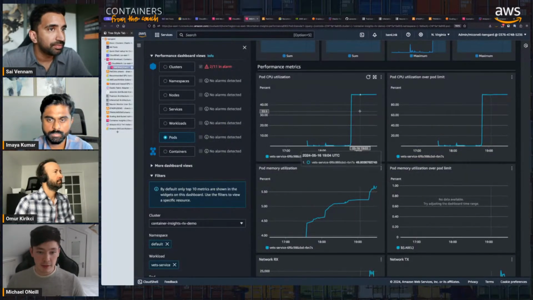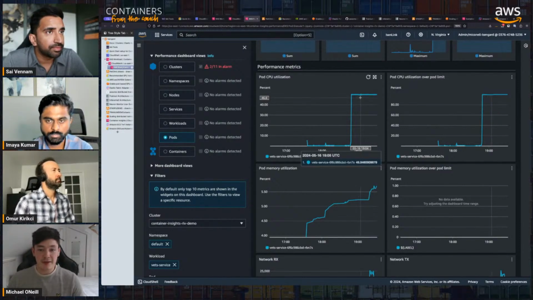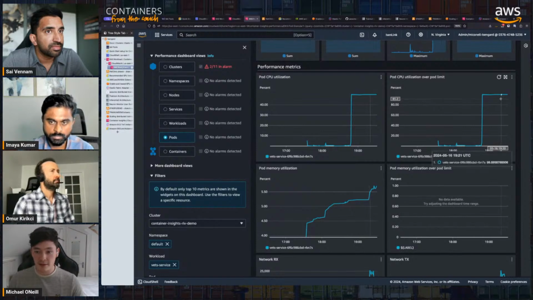Well, basically what we can determine from here is, like I said in the beginning, we can see our CPU utilization of our nodes. So this metric is telling us that pods are using 50% of a node's CPU. It means that there's 50% left over, but the limit that we've set on those pods is at 100%. So clearly there's more CPU capacity available on our nodes that we're not making available to these pods. So one mitigation here could be to just increase the CPU limit on the pod